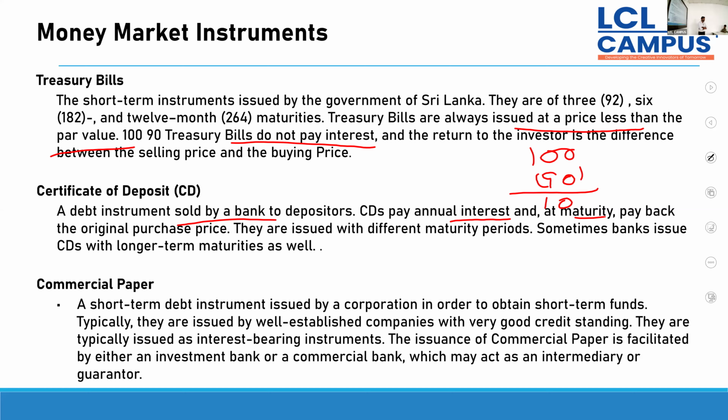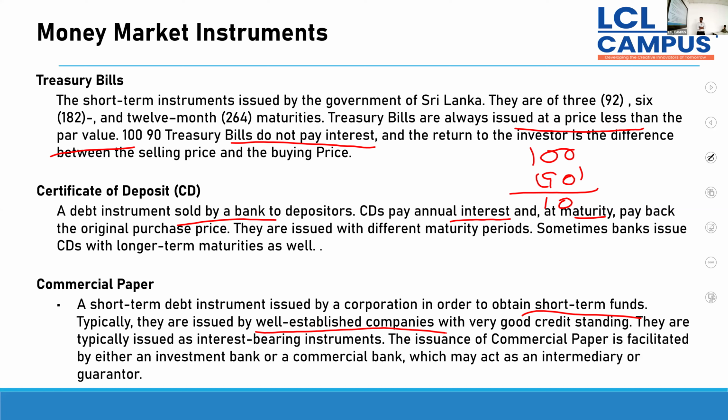Next, commercial papers. What are commercial papers? They are issued by businesses or companies, right, to obtain short-term funds. Keep in mind, typically these are issued by well-established companies. Why? Otherwise, no one will provide you the money. If you are not a well-established company, if you have a bad reputation, will the lenders provide you the money? No, they have the fear of risk, right?